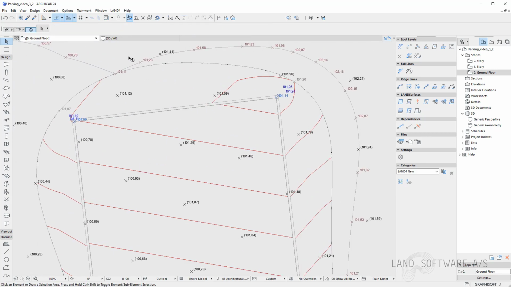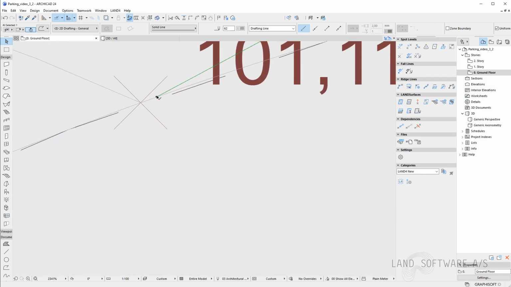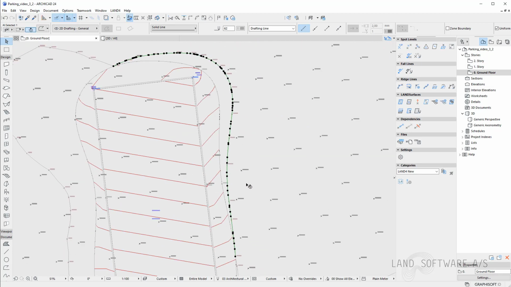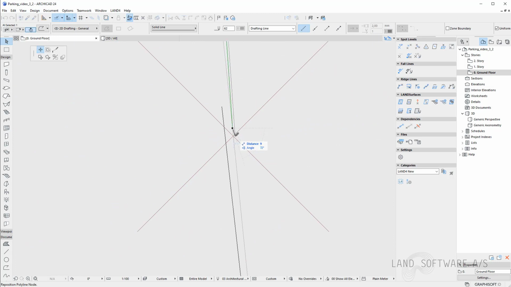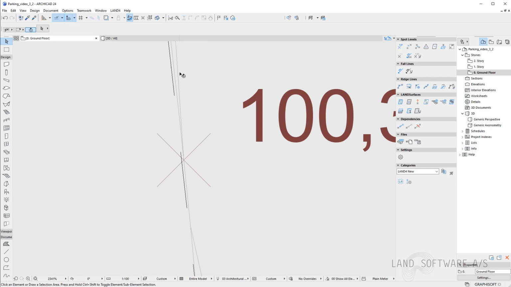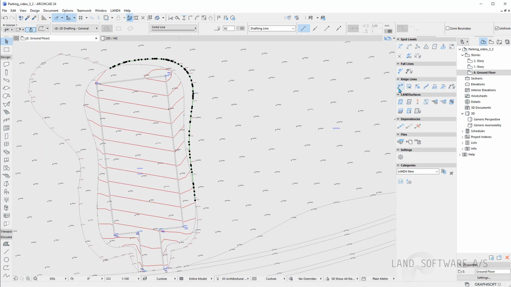So I can start with the line showing the cut. I want to make sure it's over the spot level at the intersection in both ends. And now I can select it and use the create ridgeline function.